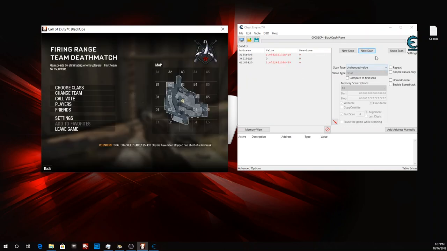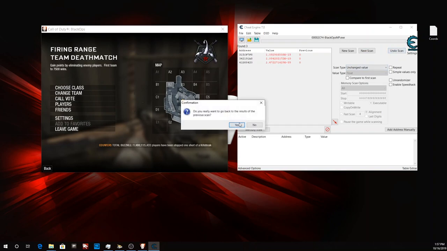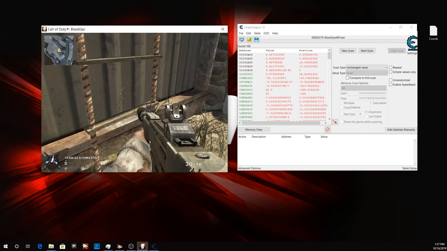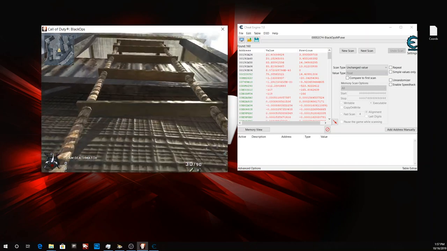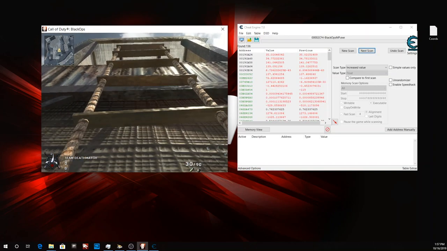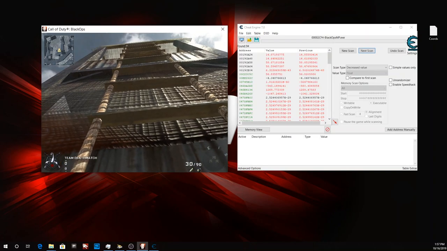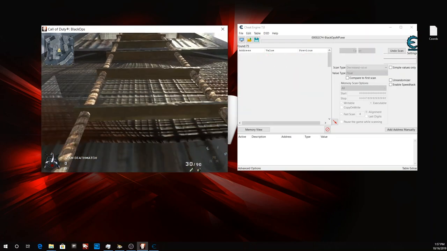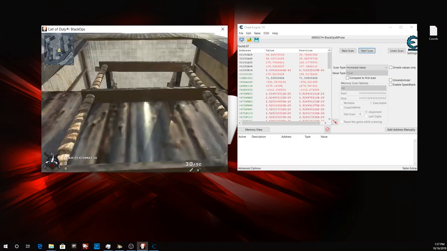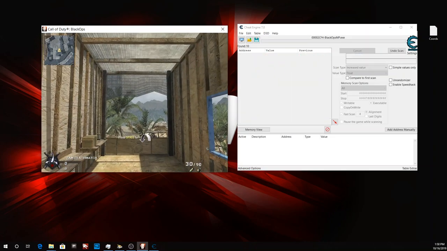So what we're going to do is undo our scan, and we're going to keep searching. We're going to go up, increase, down, decrease, up, down, up, up, up,